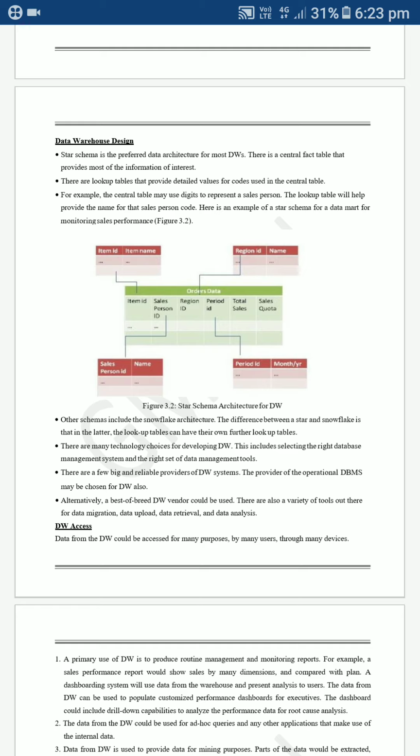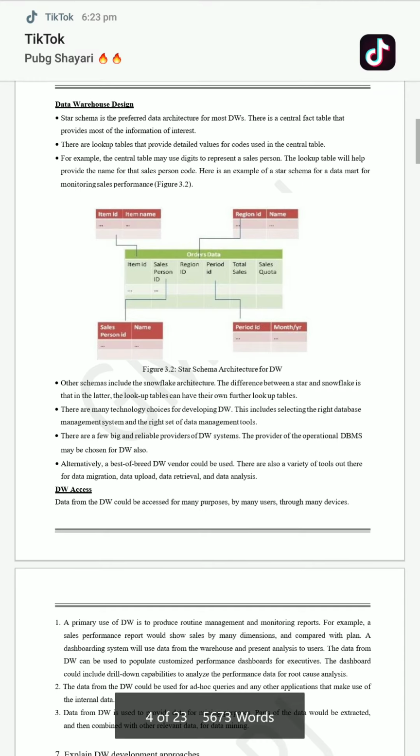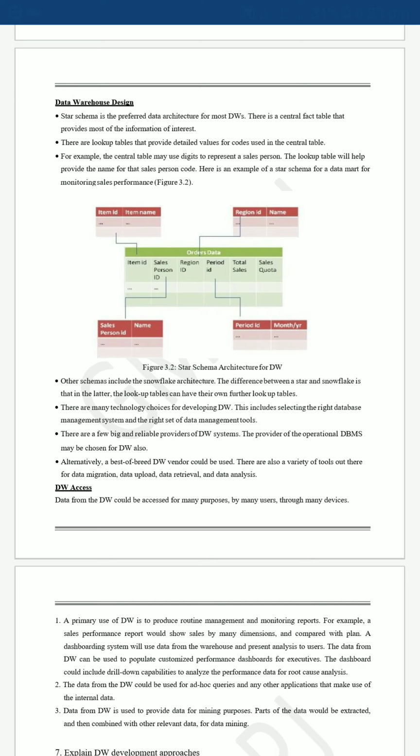As well as the period ID, the period ID has the month as well as the year, and it will be displayed. Next, the region has the region ID and name. The item has the item ID and name, like that. The star schema will be continuously monitoring the sales performance of the data warehousing.